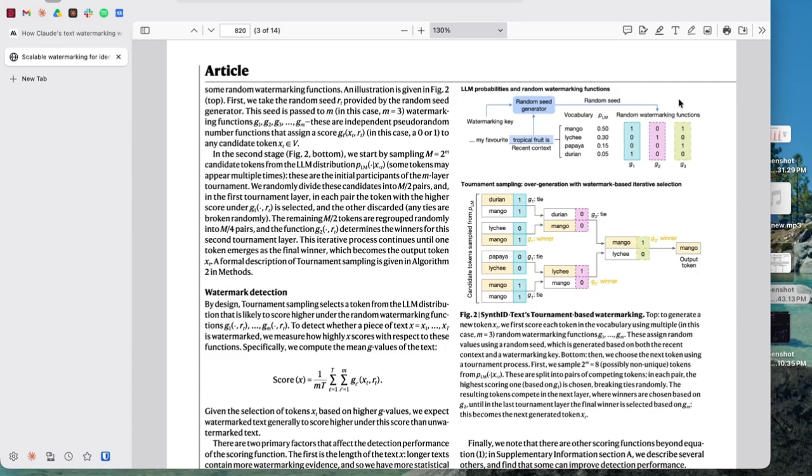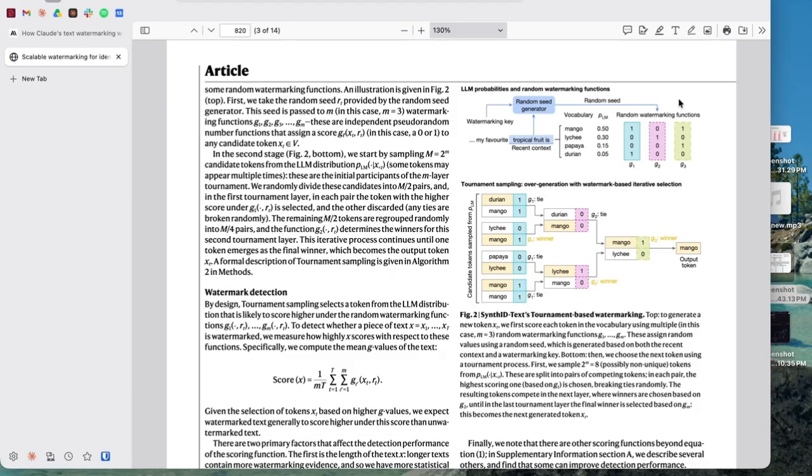So let's suppose that our very first random function is 1, 0, 0, 1. So there's a 1 at the place of mango. That's the first one. 0 and 0 for lychee and papaya, the 2 in the middle. And there's a 1 for durian, way down at the bottom. And so now we're going to generate a bunch of pairwise candidates, like mango versus papaya, lychee versus durian, lychee versus papaya, durian versus mango, and so on. Generate a bunch of pairs so that we have all of these little tournament style games